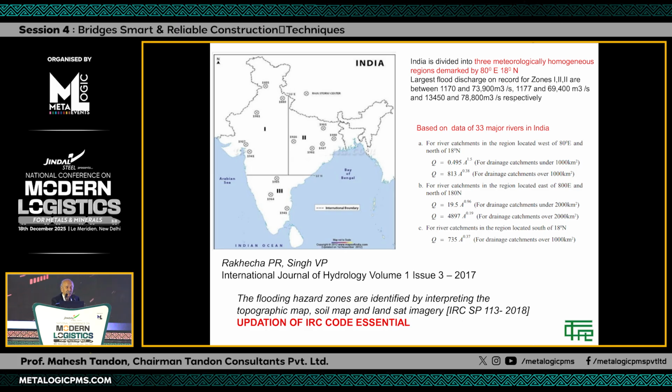Now, we mentioned the natural disasters. One of the most important things is the scour and the amount of water that flows, or the floods that flow in the river or any stream. All that is important. So there is a more recent application. Of course, it's already 2017, but they have made a study of 33 major rivers in India, and they say